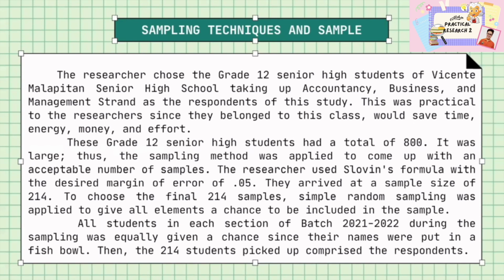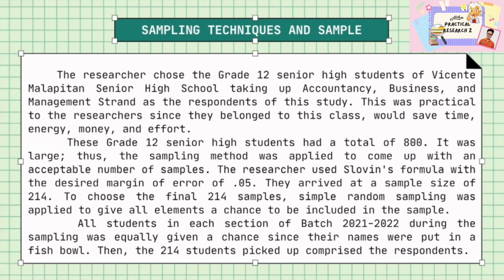They arrived at a computation, a sample size of 214. To choose the final 214 samples, simple random sampling was applied to give all elements a chance to be included in the sample. So here, the type of sampling technique is